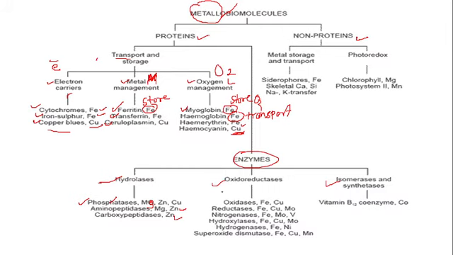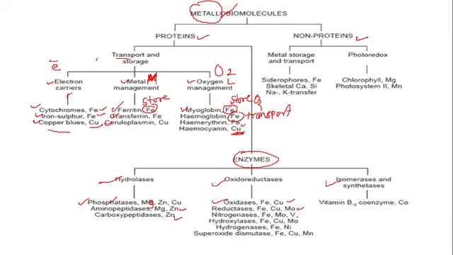Next, oxidoreductase enzymes, which include oxidase, which contains Fe and copper. Don't forget, this is very important for the next examination. They always ask: these enzymes include which type of metals. Okay, oxidase includes what? Fe and copper metals. Reductase includes Fe, copper, and molybdenum metals.